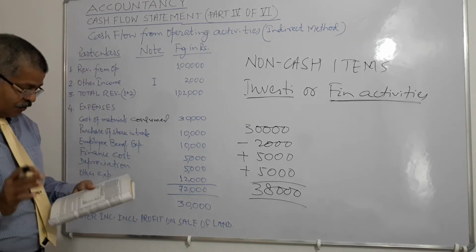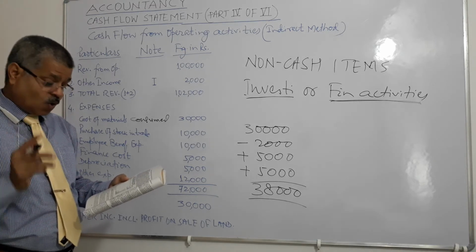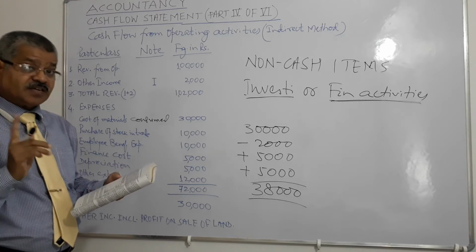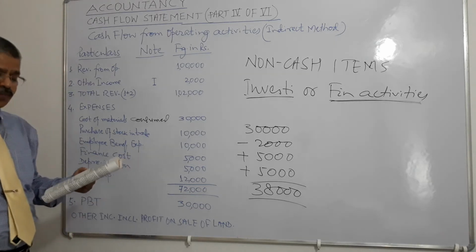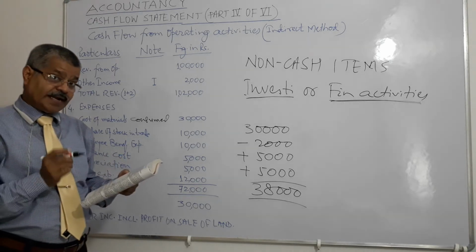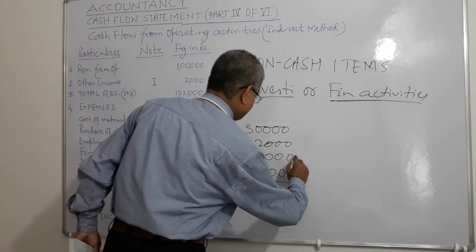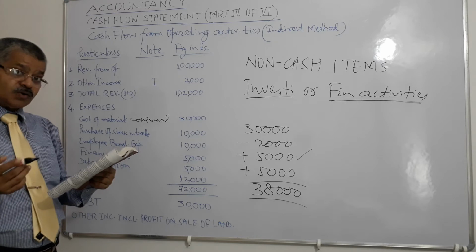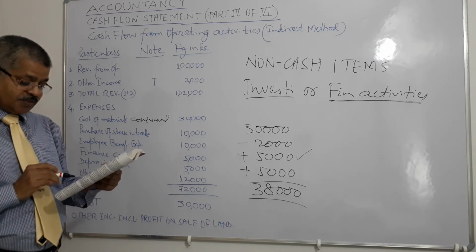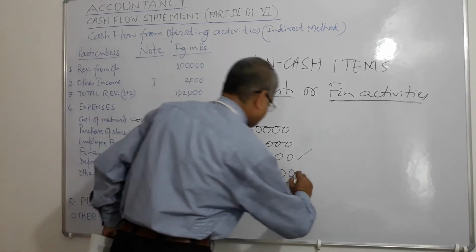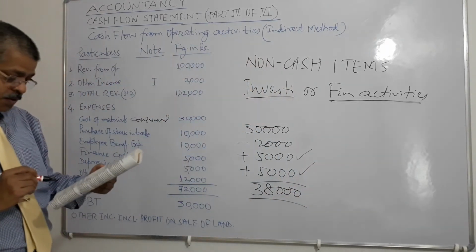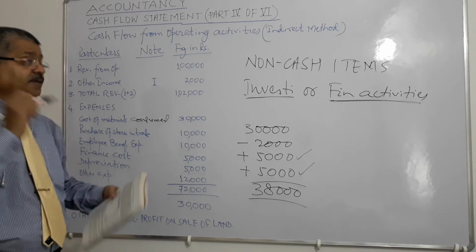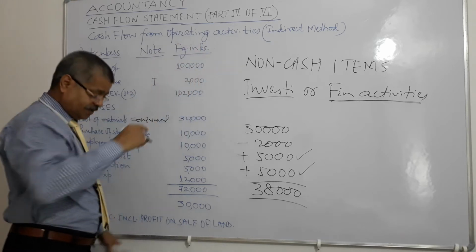So it says depreciation is a non-cash item and hence rupees 5,000 charged as depreciation doesn't result in any cash flow, meaning cash outflow. Therefore, this amount must be added back to the net profit, which we have done here. Finance cost of 5,000 is cash outflow on account of financing activity. Therefore, this amount must also be added back to the net profit, which we have done. This amount of finance cost will be shown as an outflow under the head of financing activity. But here we are in operating activity, right?